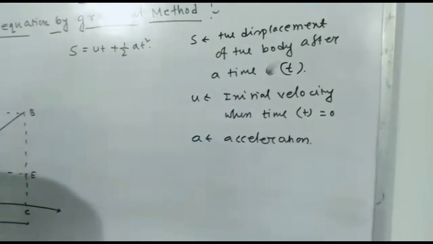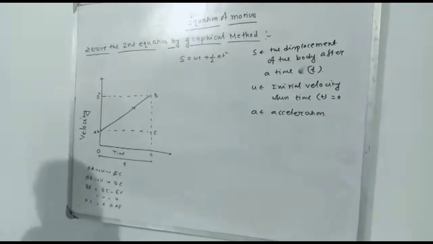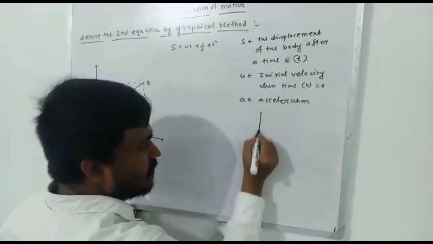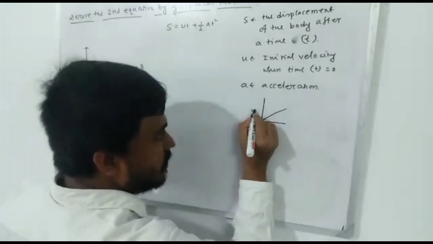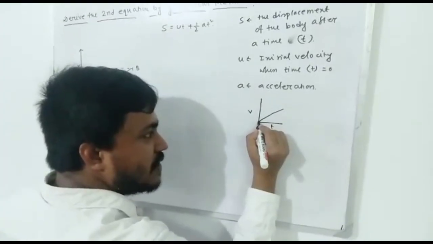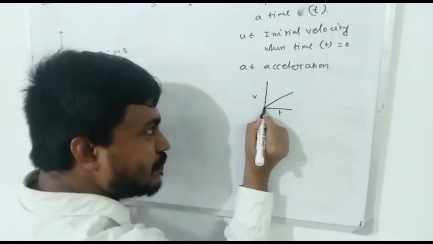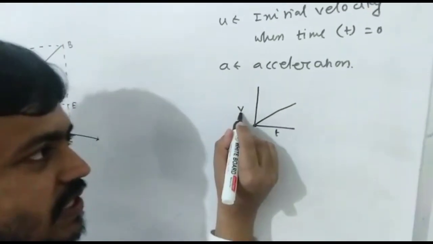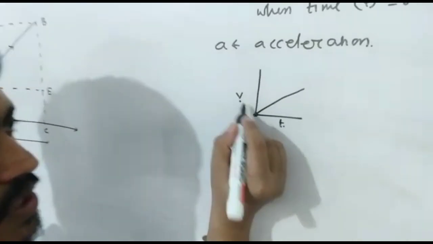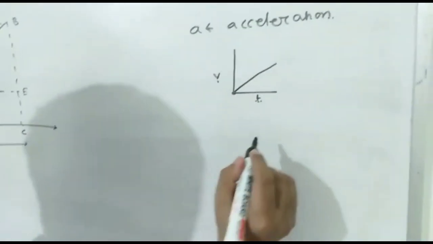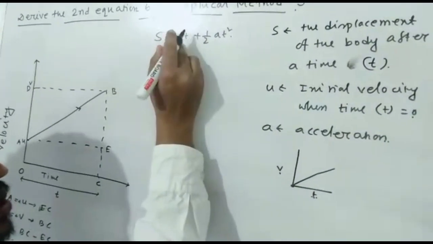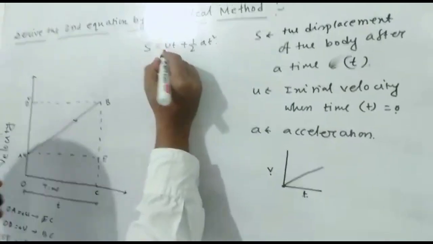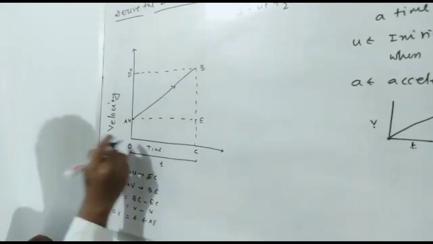Now all these things we can plot in this graph, students. So in the beginning, when we discuss the velocity time graph, suppose this is a velocity time graph, and if the graph is passing through the origin, it means at this position the value of velocity and time both remain 0. So in this case, students, according to our situation, when time t equal to 0, the velocity is not 0, the velocity of the particle, or the object, will be u. So these things we can plot in the graph.